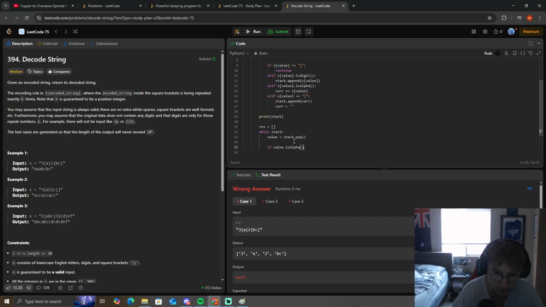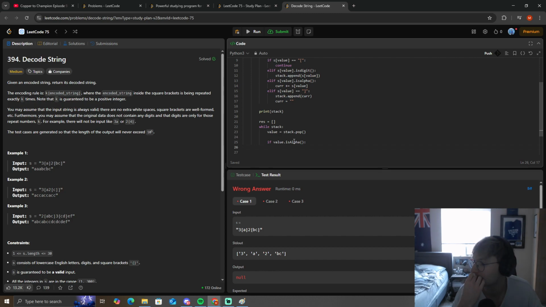If it is alpha, we want to make res plus equal to